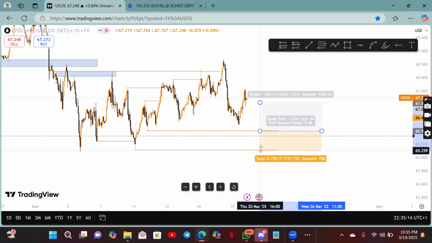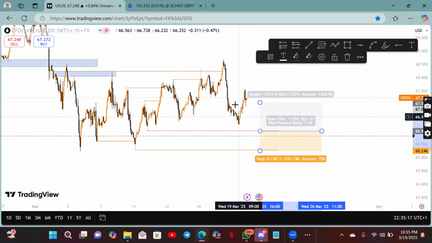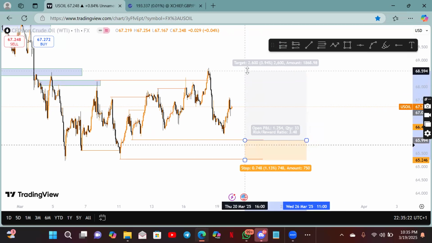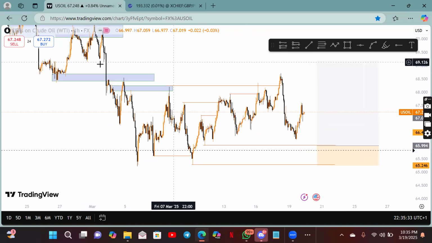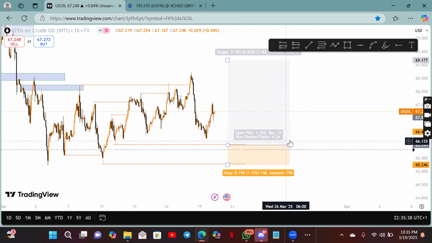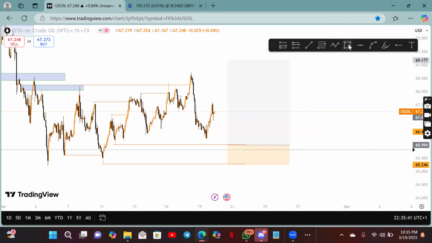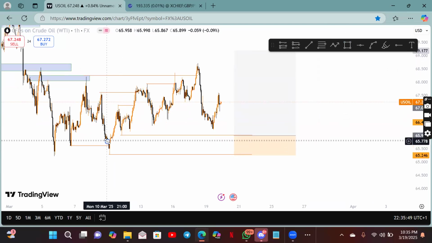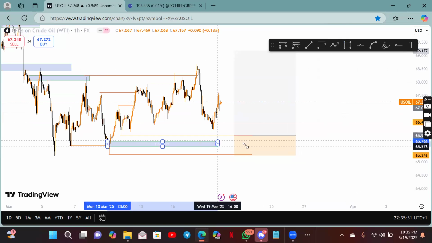All these things that are happening here do not really concern you, and your target will be this first high. Although we know it's going to break it, you can target maybe a little bit above it. There's a structure here, so you can target this. If you look at this very well, you will find out that there's an order block here. So that order block now becomes your POI.